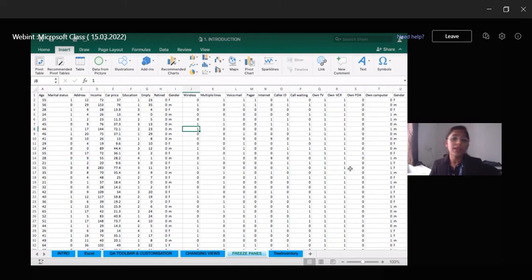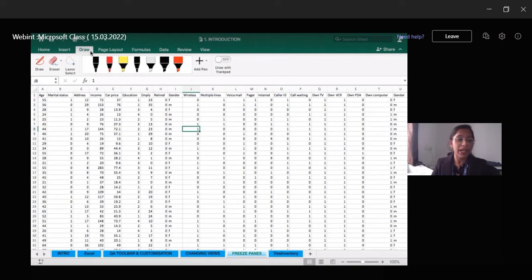Like that, any type of object you can insert into your Excel worksheet. It can be done through the Insert tab, as well as tables. There are two types of tables in Excel, normal table and pivot table. So you can insert any type of table, then to give a different effect to your imported data, you can